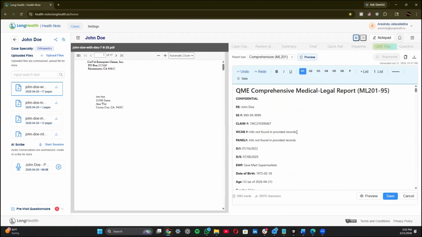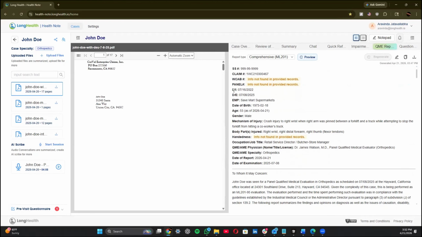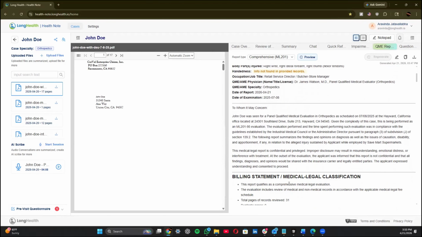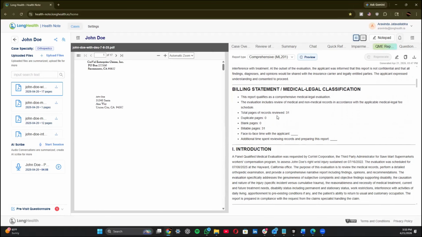So you can click on edit and you can always fill that information up if you want to for your final report. And then we have the date of injury, date of employment, where he was employed at, etc., and all of that, including the date of examination. Then we have the encounter statement right here, followed by the billing statement, along with the total number of pages